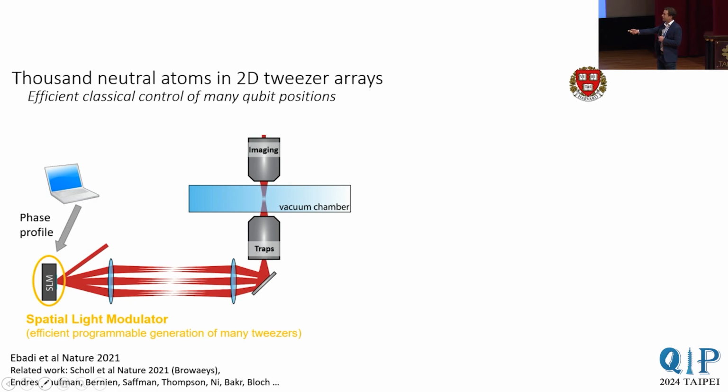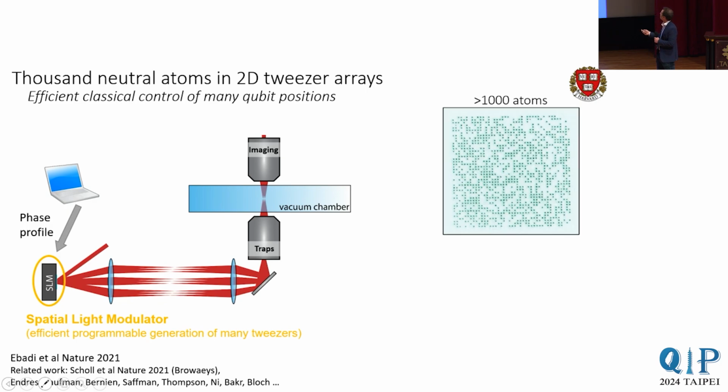One key optical tool that we use is known as a spatial light modulator. What we do is imprint a single laser beam onto the spatial light modulator, and then we control it. It's an LCD screen, essentially. It works very much like a computer monitor. And then it splits this single laser beam into many individual laser beams. Then we shine these laser beams inside of our vacuum chamber to trap the atoms.